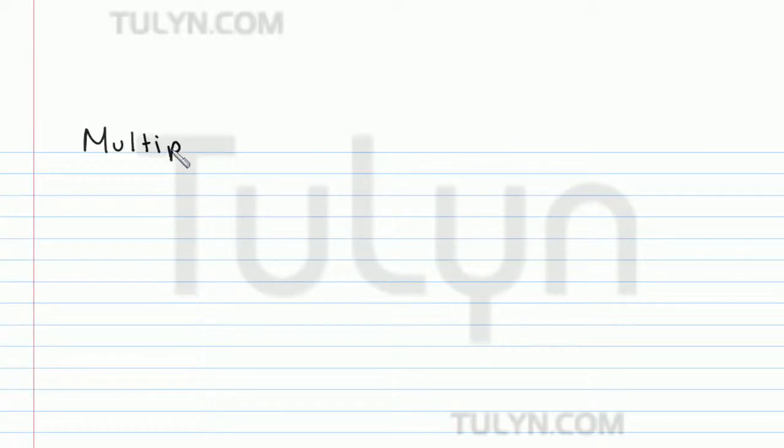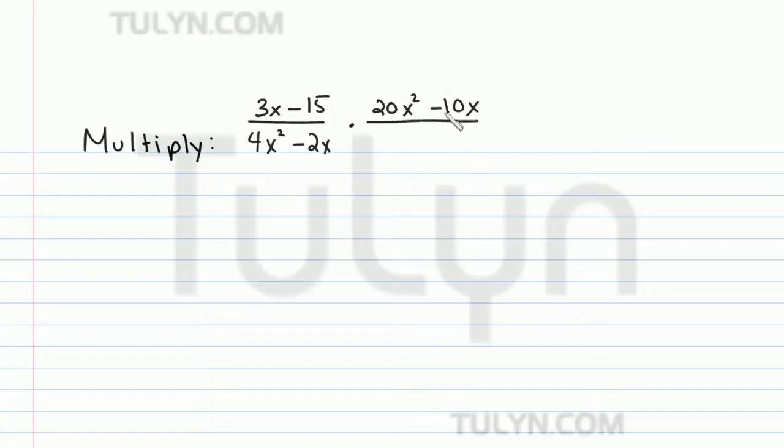Multiply the following two rational expressions. So the first is 3x minus 15 over 4x squared minus 2x, times 20x squared minus 10x over 15x minus 75. So the first thing we do, before I start combining these, I want to factor out